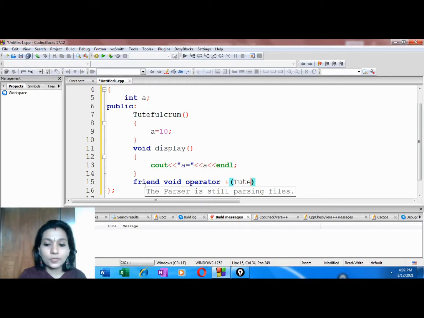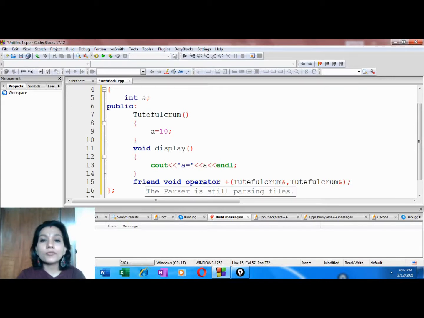So let's give the declaration here. So let's take it as the reference object. So alright, we are done with the declaration of our friend function.